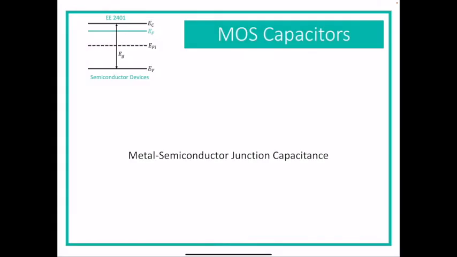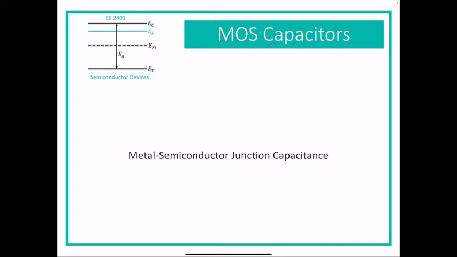We've reached the part of the semester where we are going to spend some time actually constructing a device that is not just one type of junction. All we've covered up till now is just one junction, a PN junction, a metal semiconductor junction, that kind of thing. Now what we're going to do is look at what happens when you put something between the metal and the semiconductor, and we're going to end up putting together one of the most common transistors